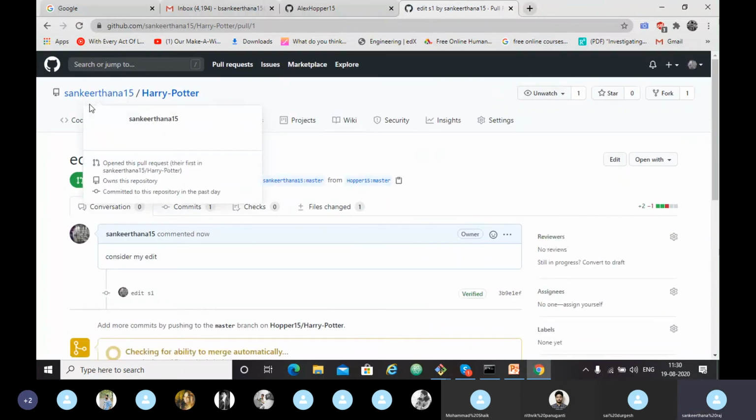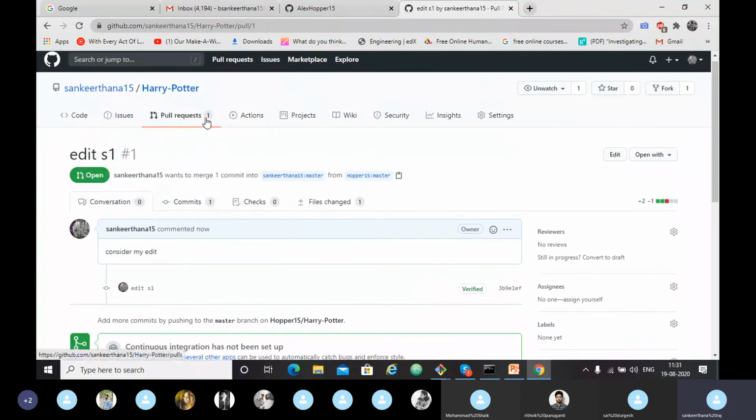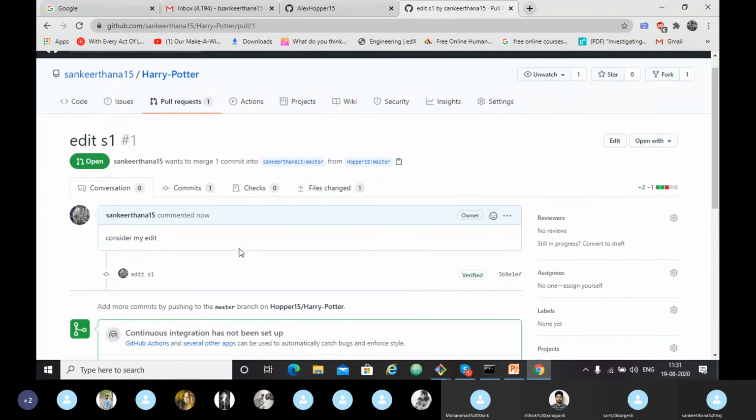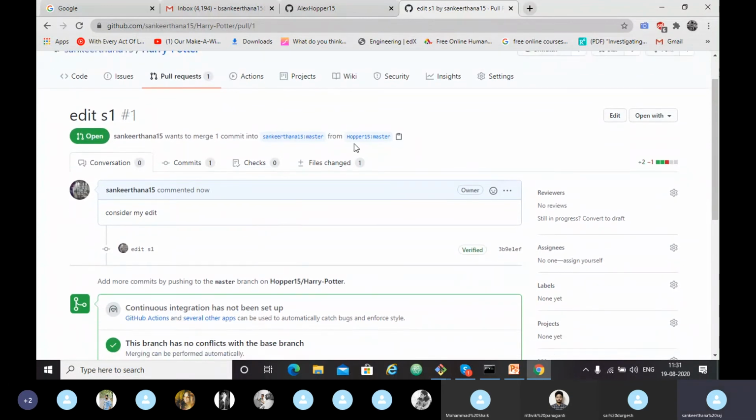Now I am in my repository Sankirtana15. I can see I have received a pull request. Sankirtana wants to merge one commit from Hopper, both on the master branch.